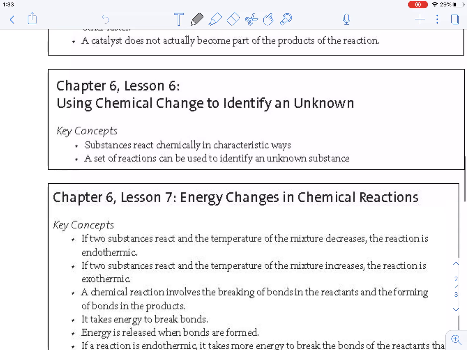So again, another short one, just a couple of them here. So the first one is that substances react chemically in characteristic ways. So we're going to be looking at some different substances and seeing how they react to other chemicals. If a chemical reaction does occur or doesn't occur, and what type of chemical reaction. Is it a color change? Is it gas? Is it